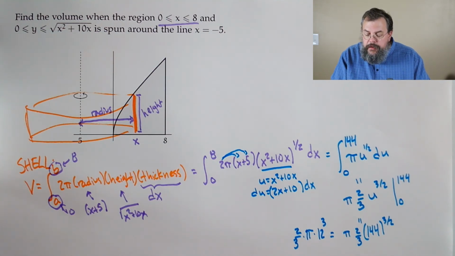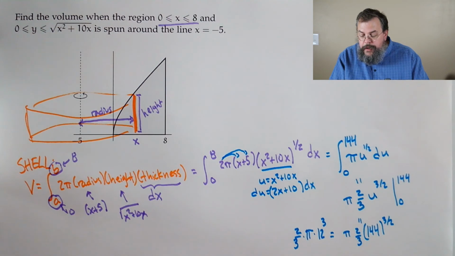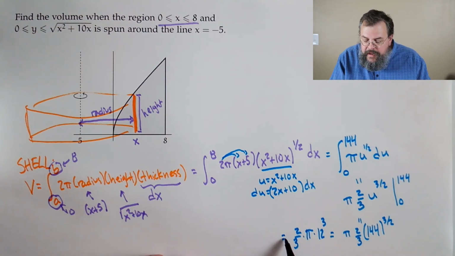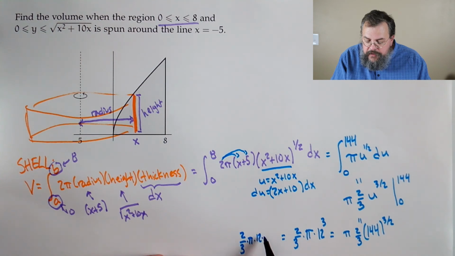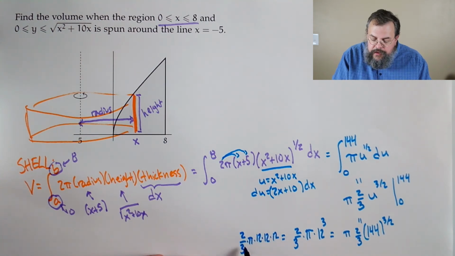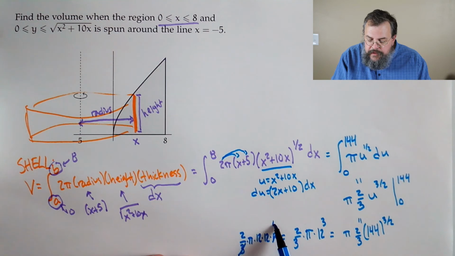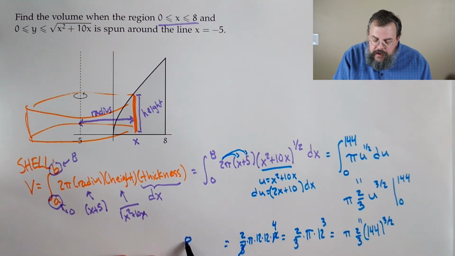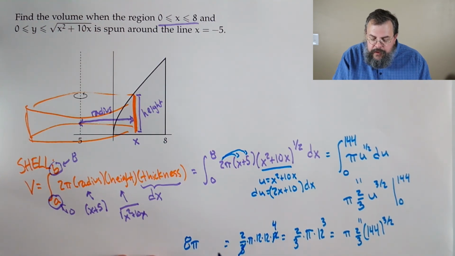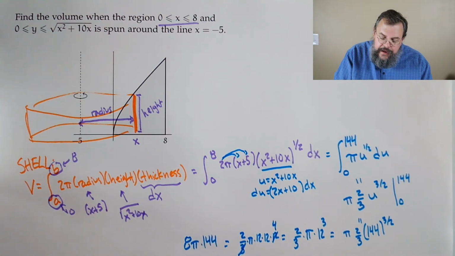Now, what can we do with that? Well, we're really starting to get close to the end here of things we can do in our head. So 12, all right, let's write this out. This is 2/3 times pi times 12 times 12 times 12. Well, 3 can go into a 12, leaving us with a 4. So we really have 2 times 4 is 8 pi. And then 12 times 12, we've already done that, is 144. So we're almost there. Okay, 8 times